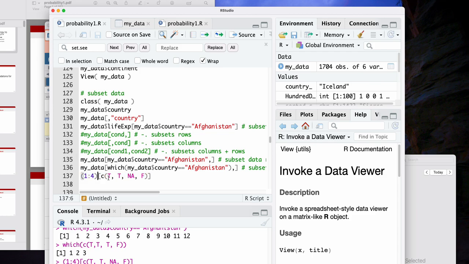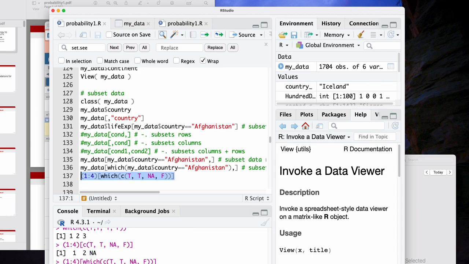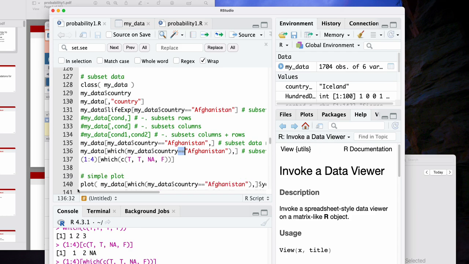If we wanted to remove that possibility, we would just have this which command applied over it. This is a bit more advanced, but for those of you who want motivation for why we're doing this: the logicals sometimes don't deal with NAs well, whereas which generally deals with the NAs pretty well. It's not super essential for now, but just know there are different ways of subsetting data. We've gone through a few of them here. Andres will have still other options for different settings and so forth.